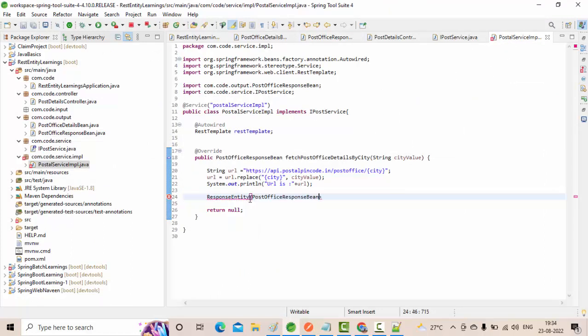So simply, the response bean of the JSON array, simply use the postal response entity. Postal response entity. Okay,